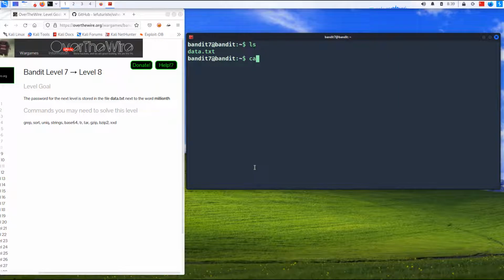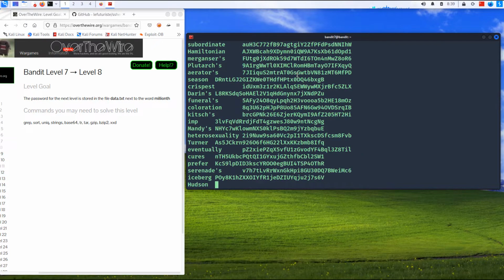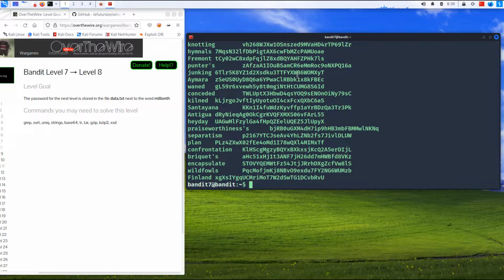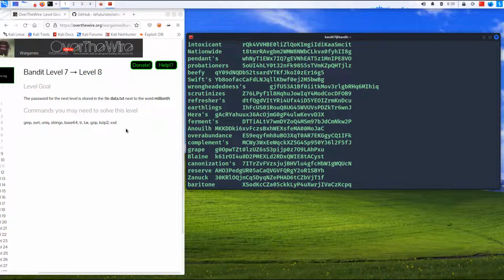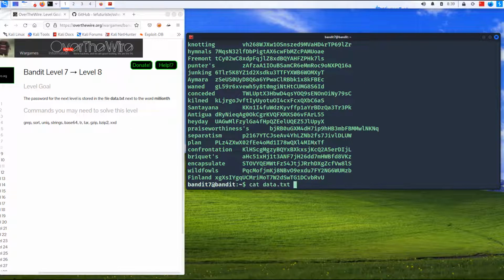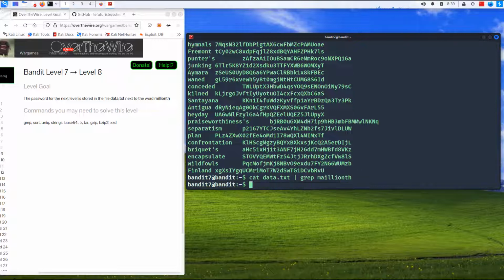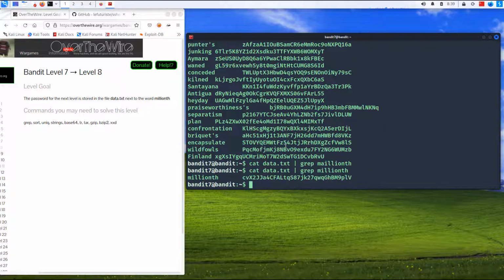We have a file called data.txt. Let's see, it is UTF-8 Unicode text. It's mostly text. Let's do cat data.txt, and that is a lot of stuff, right? Now we need to go ahead and search for the word millionth. The easiest way to do that is to simply grep it. We can directly grep millionth, all right, millionth,